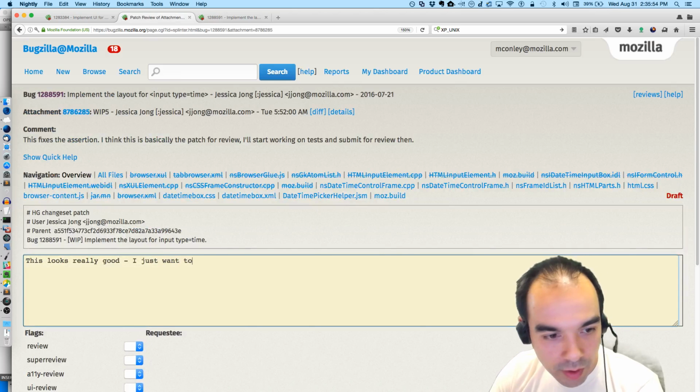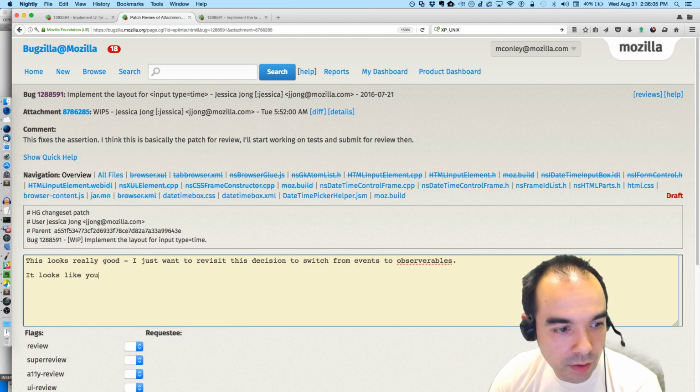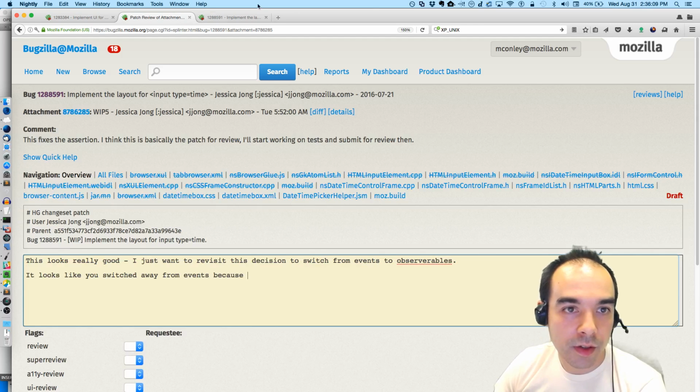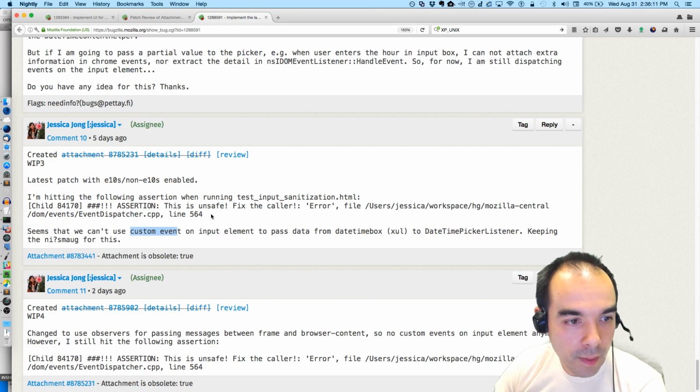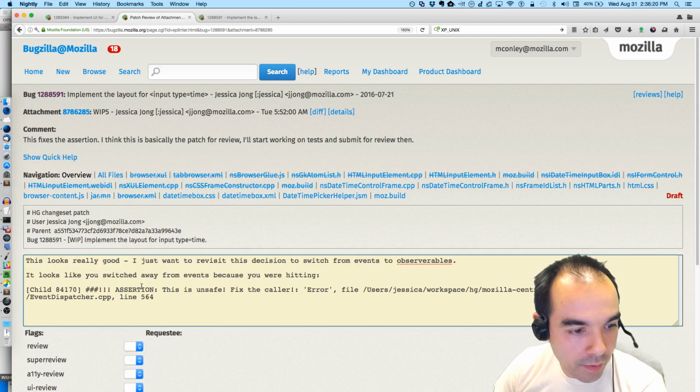So, I just want to revisit this decision to switch from events to observables. It looks like you switched away from events because you were hitting an assertion in event dispatcher CPP.